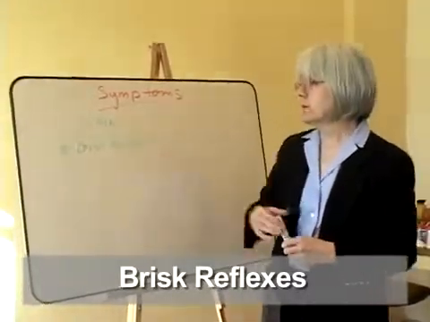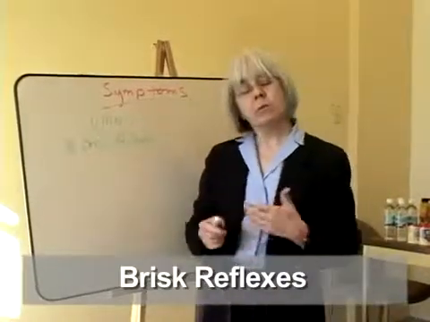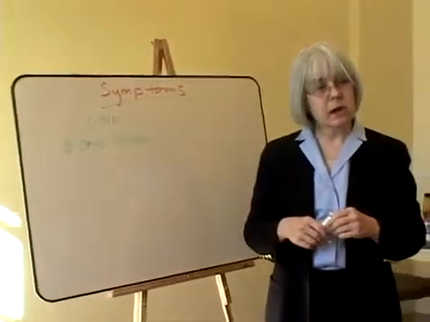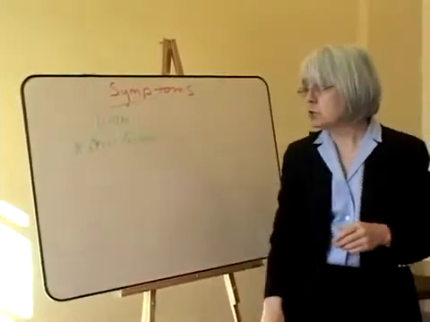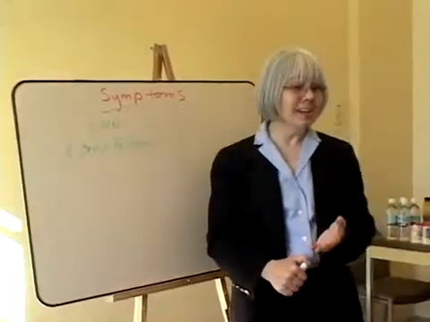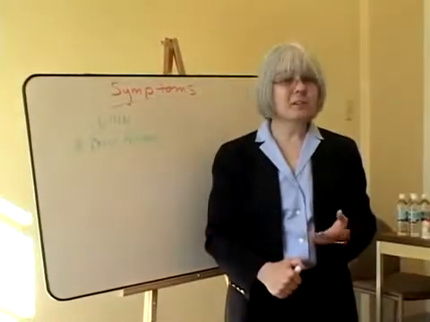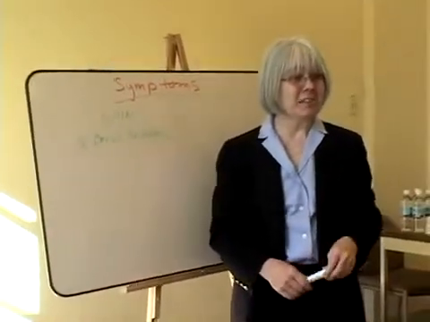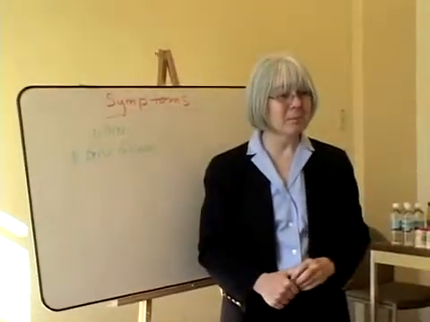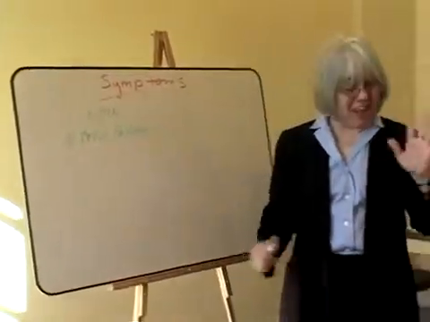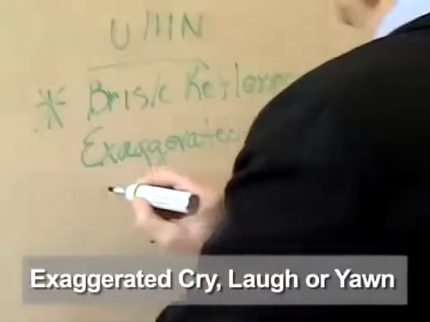So brisk reflexes. And then you can also think about some other areas that are reflexes other than just at the joints, at the deep tendons. You can think about laughing, crying, and yawning as reflexes. Someone starts to cry, you want to cry with them. I often yawn when I talk about this particular thing because the idea just gets in my head, and we know that yawning is contagious. Yeah. And here I go, and I have no control over that. Exaggerated cry, laugh,